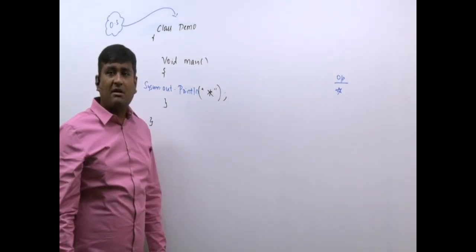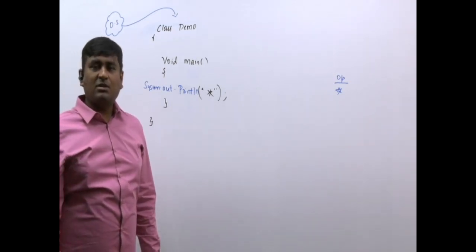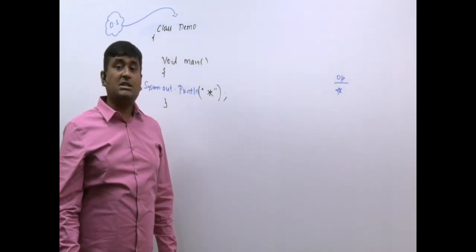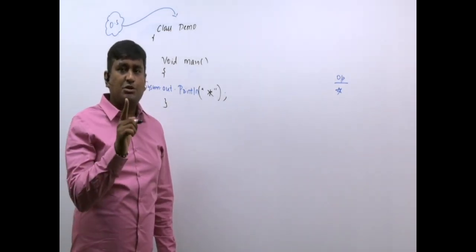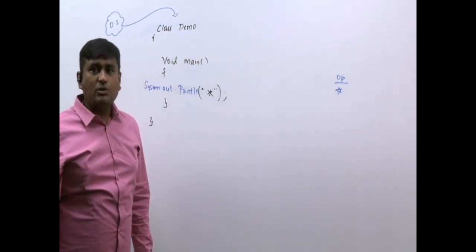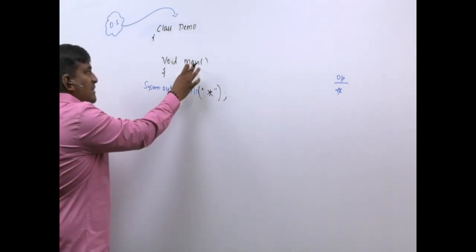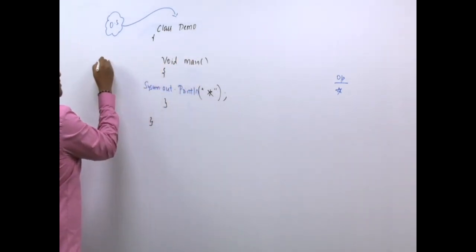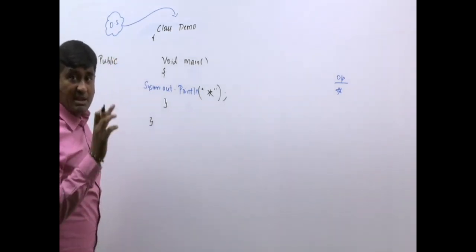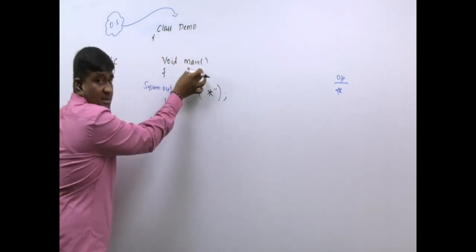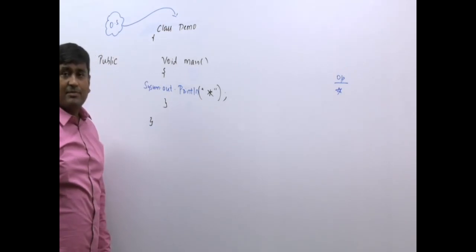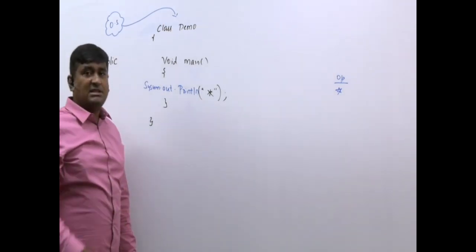Immediately God asked Java, hey Java, why did you do like that? Java told, God, what to do? It is my nature, it is my rule. Then God asked OS, tell me, OS, what should you do really? God, I should see the main method. So immediately God told the main method, from today onwards, you become public. The moment I attach this word public to the main method, immediately your OS can see which method? Main method.